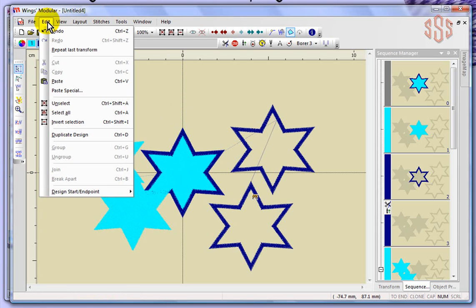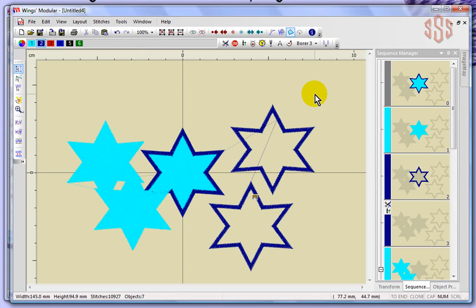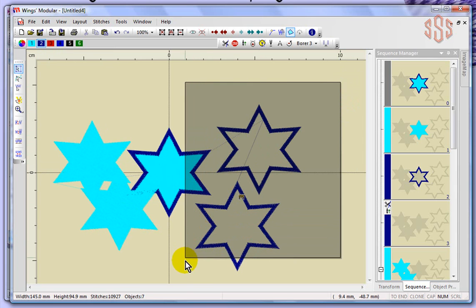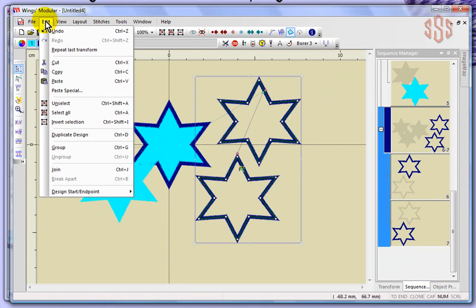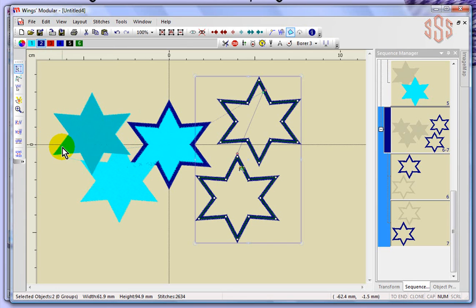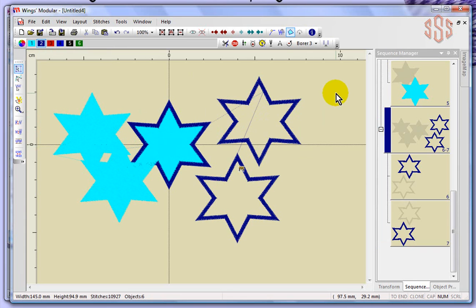So looking down the edit drop down menu, we still want to talk about group and ungroup and join and break apart. So why don't we go ahead and select some things, because as you can see they're gray, which means whenever something's gray, I can't use it unless I do something first. And in this case, if I wanted to group something, well, why don't I go ahead and click and drag a box around the two satin outlines, and you can see that two objects have now been selected. So if I said edit and group,